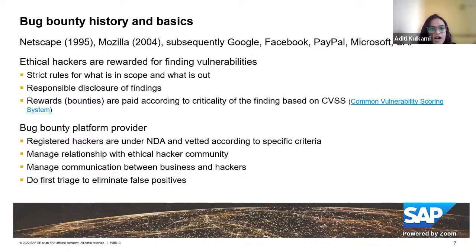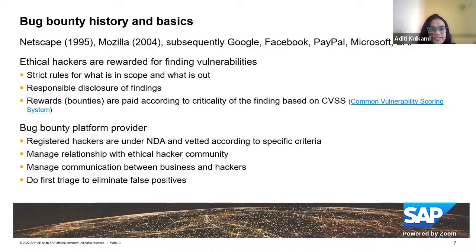Right. So how a basic structure of a bug bounty program works is there are two entities apart from the vendor, of course. One is a group of ethical hackers.